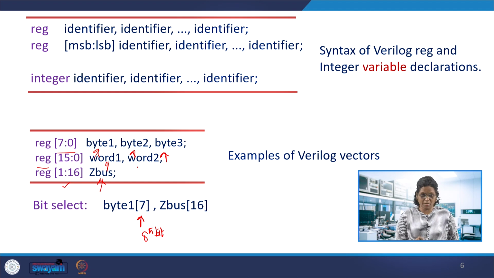If you want to select a particular bit, you use square brackets after the variable name, for example byte 1 index 7. Similarly, ZBus is a 16-bit number, so the 16th bit can be extracted from it. The range is from 1 to 16 only, not from 0 to 15, so the bit at position 16 will be extracted here.